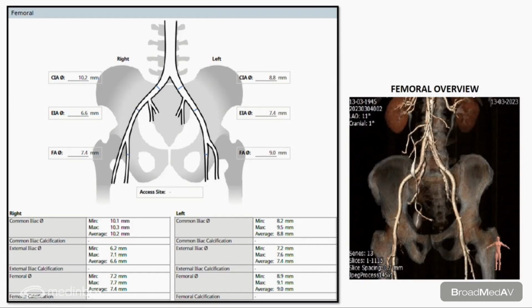So then move to the femoral. If you see, there is no big tortuosity, and measurements, the right side femoral 7.4, the minimum diameter is at the external iliac artery 6.6, which is more than enough for our valve, which we are going to discuss, whether it is 21.5 or 23. And left side is also a good size, even in fact better size, but we have decided to go on the right side from the ergonomics point of view. So with that,